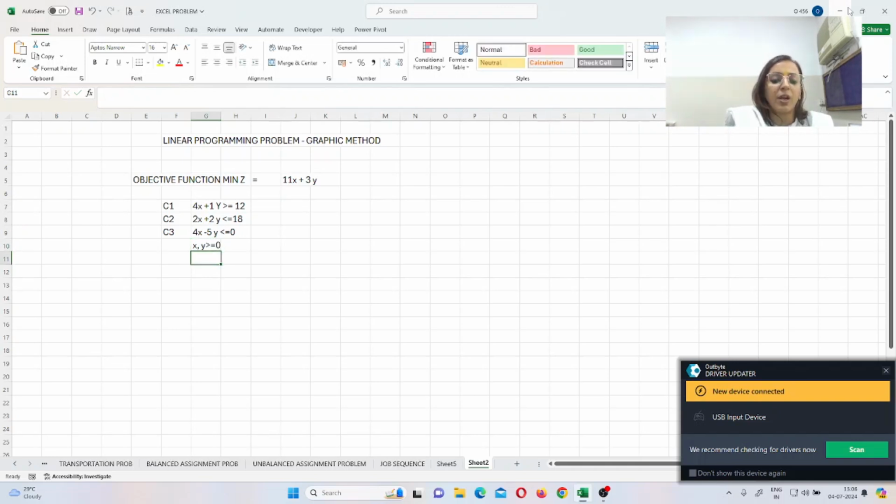Even if it doesn't specify this, it is understood that the non-negativity constraint is always there.